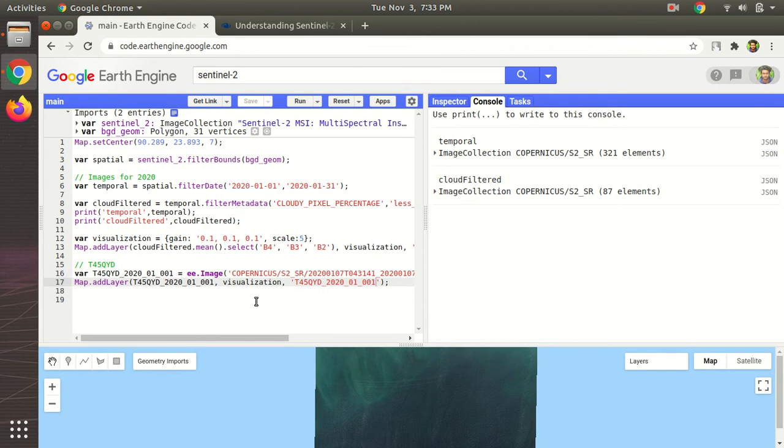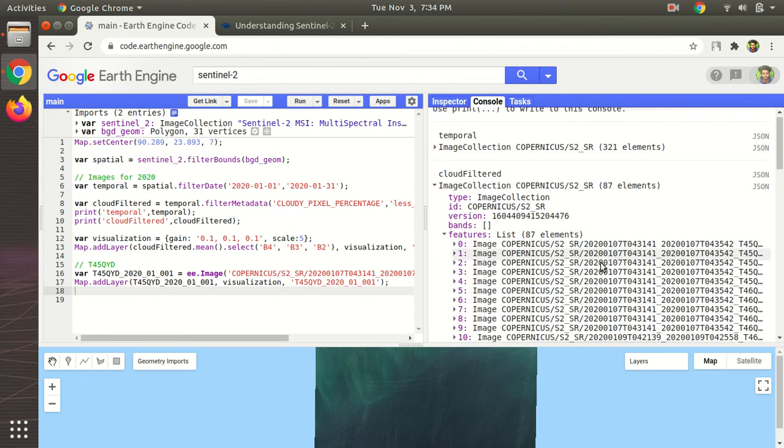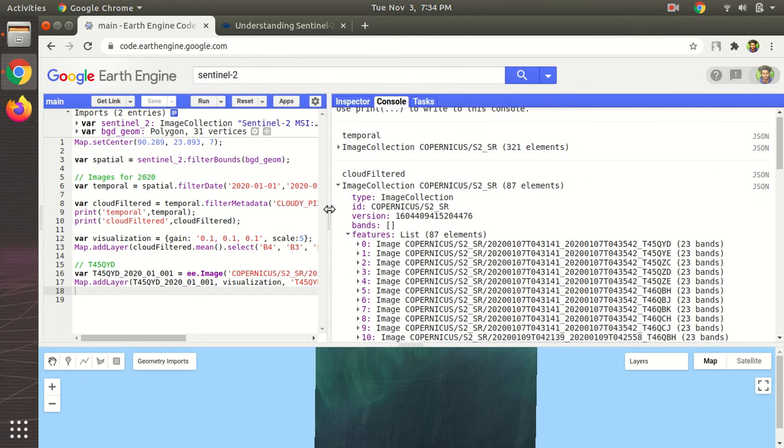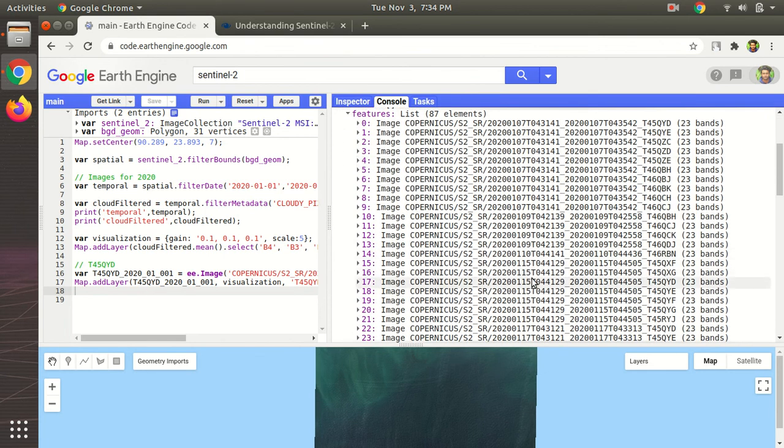So let's add another image of the same ID. So this is another image, T45QID.